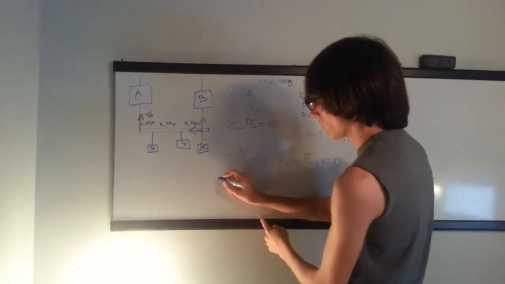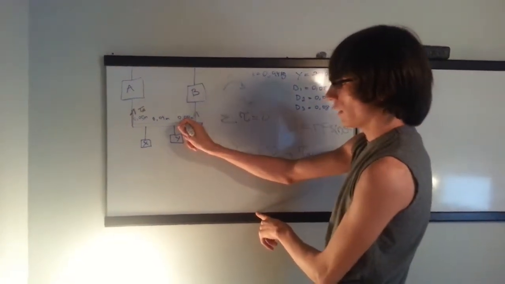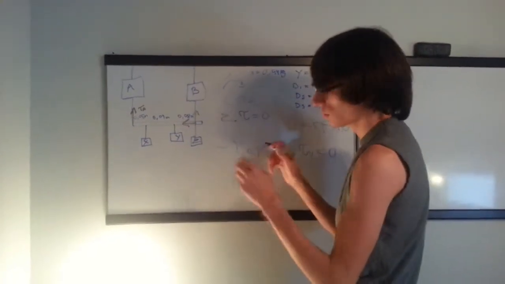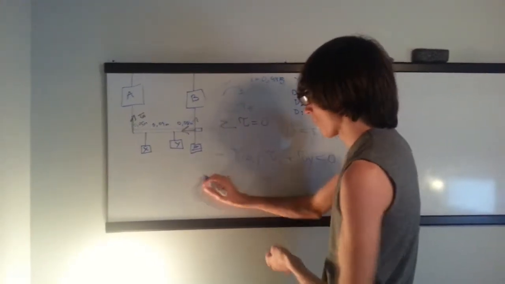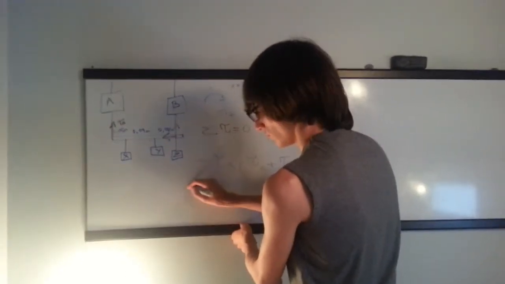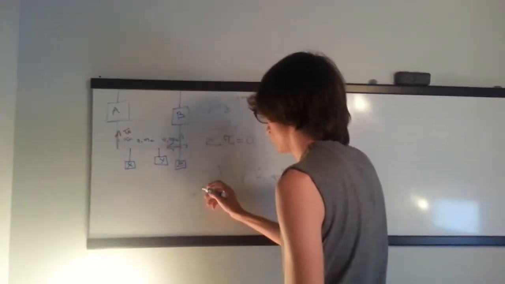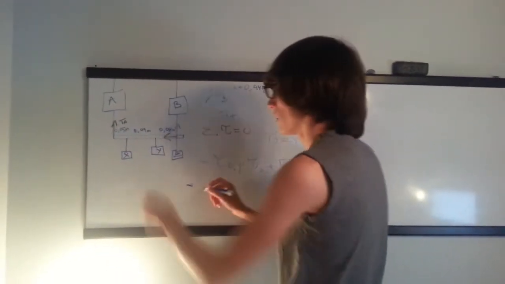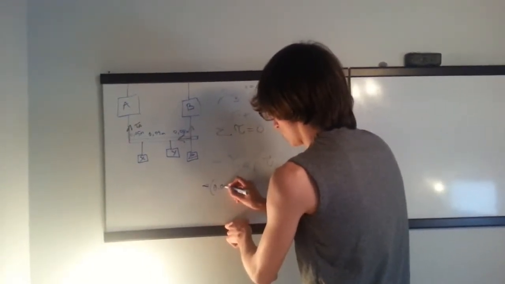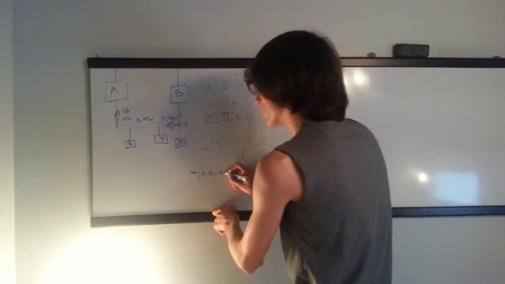So in this case, the radius is going to be 0.05 plus 0.09 plus 0.08 meters, so for this, it's going to be negative 0.05 plus 0.09 plus 0.08,